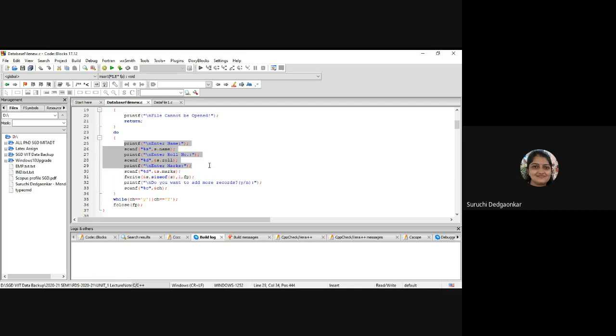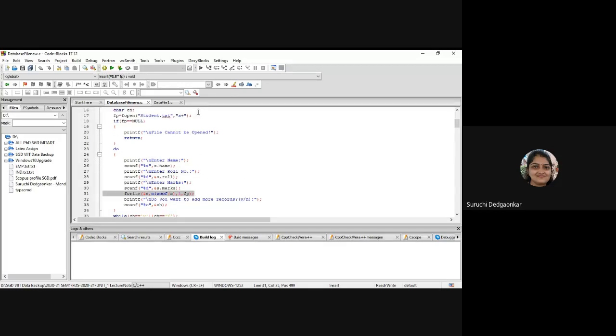Whatever record you are reading from the user, you are writing at the end of the file. Why the end of the file? Because we have opened in the append mode, so the file pointer fp is automatically pointing to the last position. So at that position the record will be written. Clear?